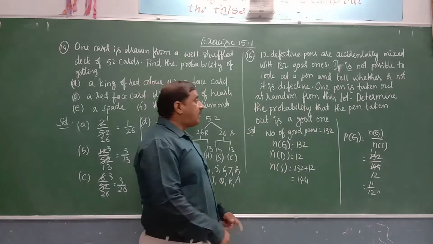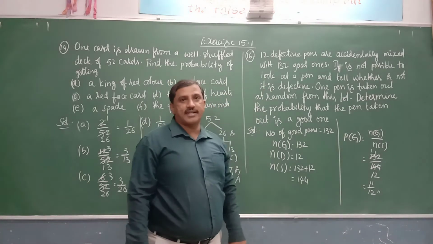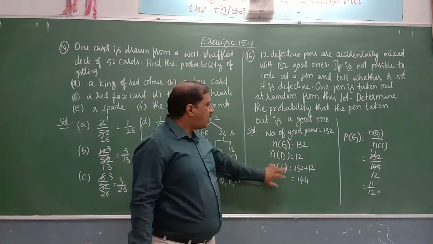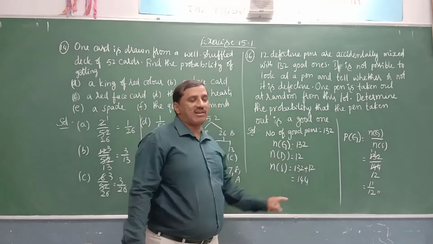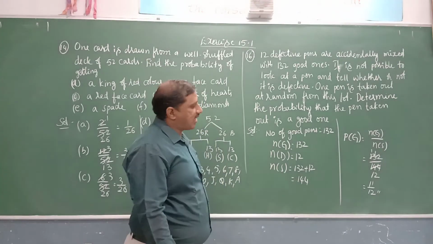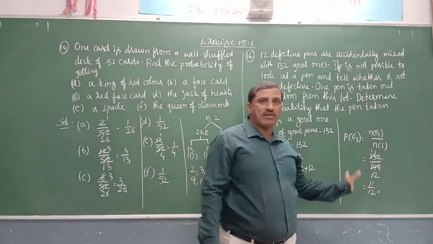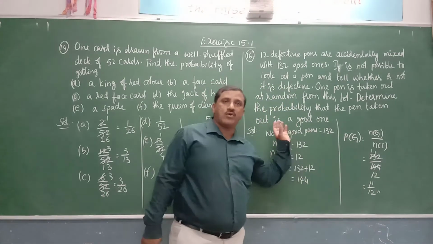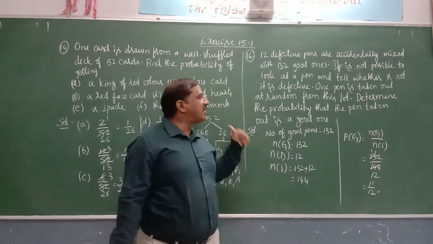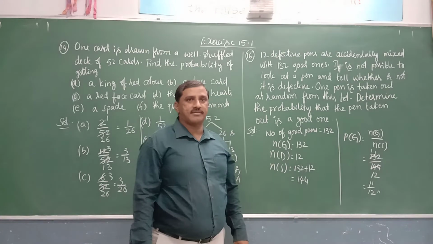Then what is the probability that the pen is a defective pen, if it is asked? Defective pens are 12 divided by total possible outcomes, 144. 12 ones are 12, 12 twelves are 144. We get 1 by 12. Or subtract the good pens from 1: 1 minus 11 by 12 is also equal to 1 by 12. That question is not asked here, but if it is asked like that, we need to do it. Is that clear, children? Yes?